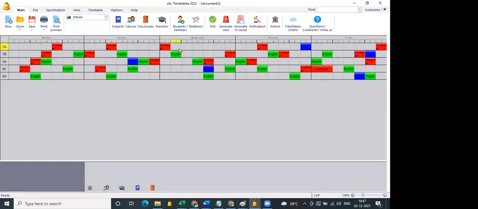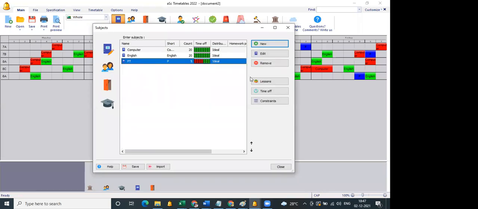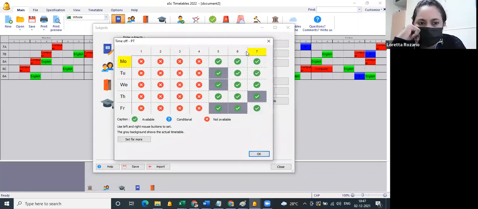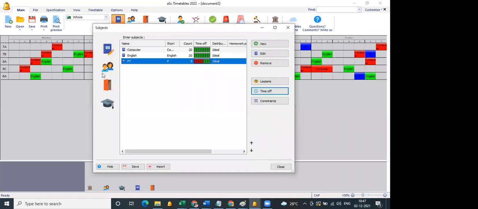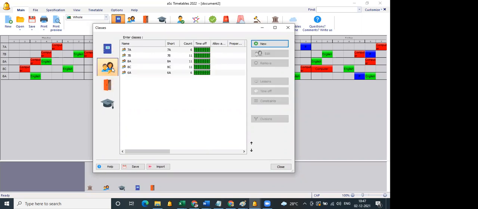And you should keep in mind that it is 3 periods per day, so 15, by 5. So total periods you can allocate are only 15. It cannot be beyond that. For this particular subject, if there are multiple teachers, then it is fine. For a single teacher, this will be 15. And then time off for a class.